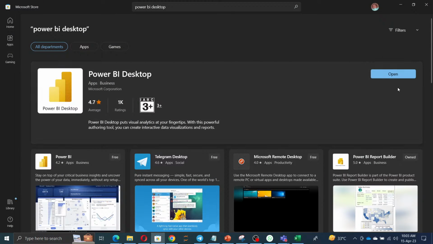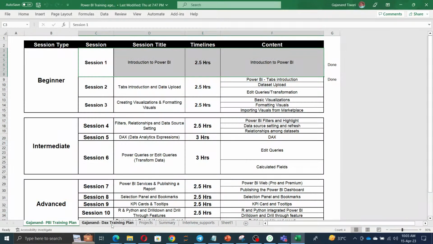Here is the option, you can see the install. You can just click on that and install it. Same thing for Power BI Report Builder and Power BI Service. We have a license for